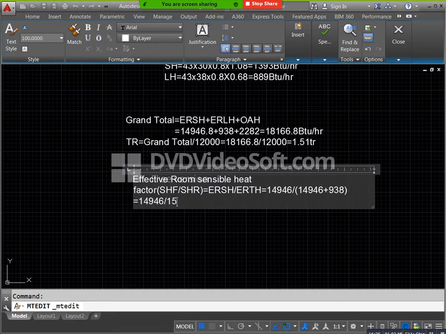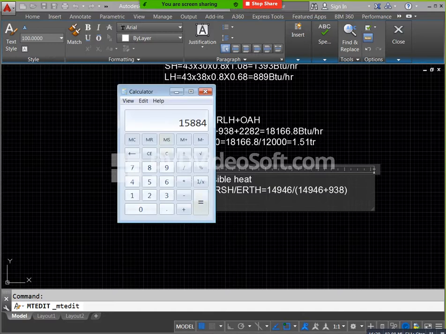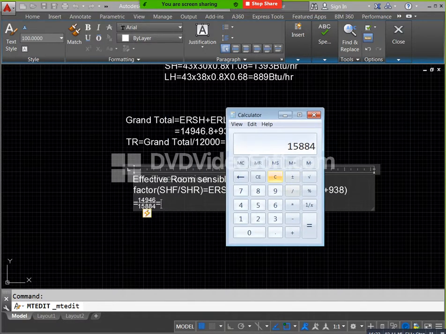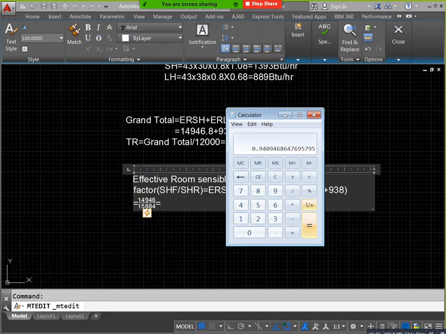Okay, now we calculated this. After that we need to go for the ADP value. How can you find out your ADP value? Here we got our 0.94. At the same time, the wet bulb and dry bulb temperature, how much? Room dry bulb temperature 76. Based on these two values we can find out our ADP value very easily.